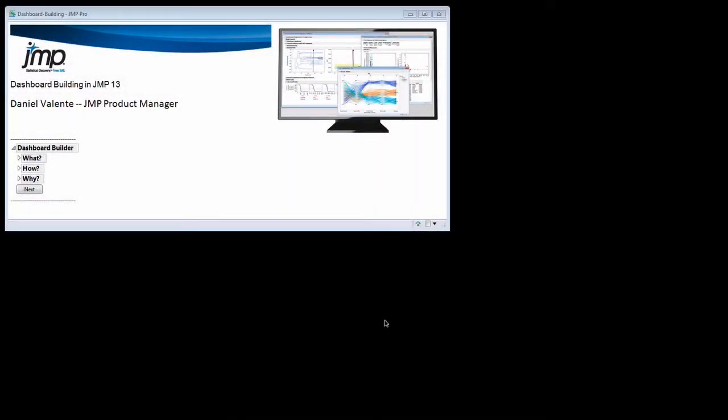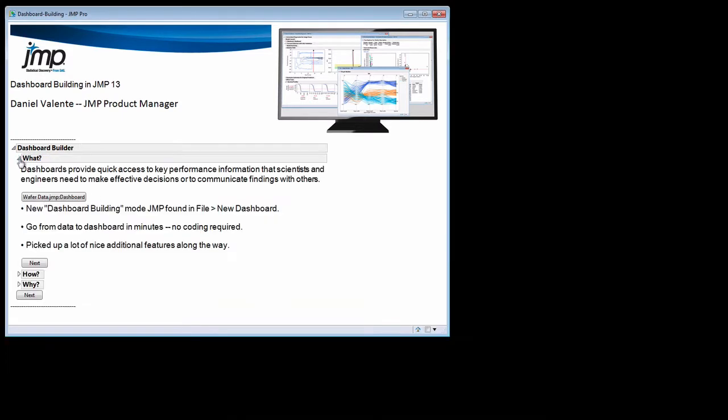Today we're going to talk about dashboard building in JMP 13. Dashboards provide quick access to key performance information that scientists and engineers need to make effective decisions or to communicate findings with others. So as an example of a dashboard,